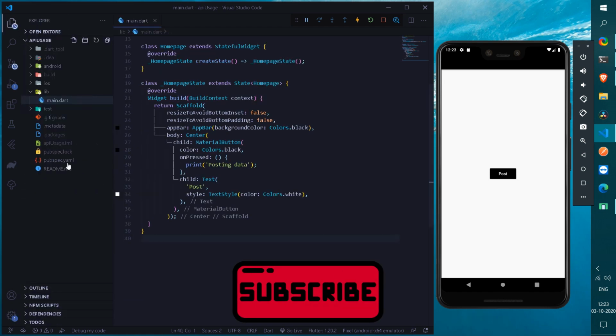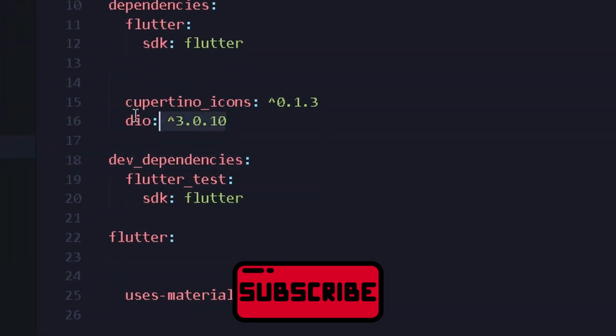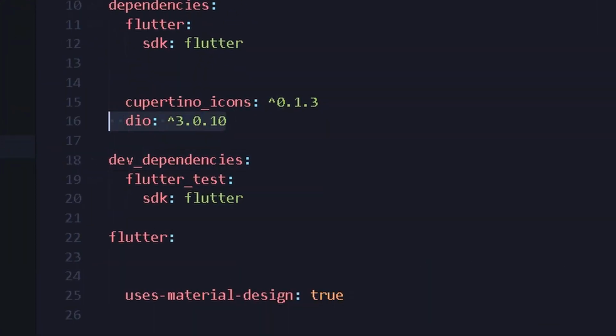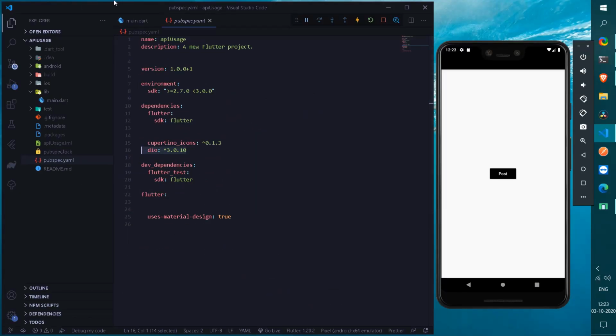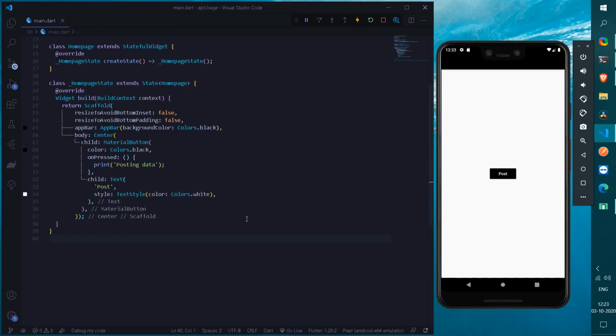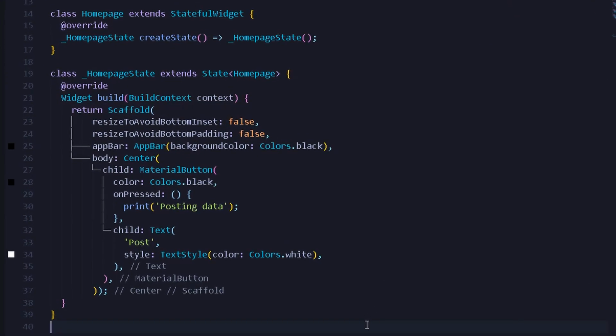Now the first step is simply moving into your pubspec.yaml file and getting a dependency for Dio. Now the Dio shall be responsible for handling all the HTTP requests as well as responses through our Flutter application for the REST API. Now once you have gotten the following dependency of Dio, under this main.dart file, you can now start coding all the methods which will be responsible for handling HTTP requests and responses. So to post data over a REST API, we are going to use a post request utility itself via the Dio package. So to start with, you can construct a new method for posting all the data.